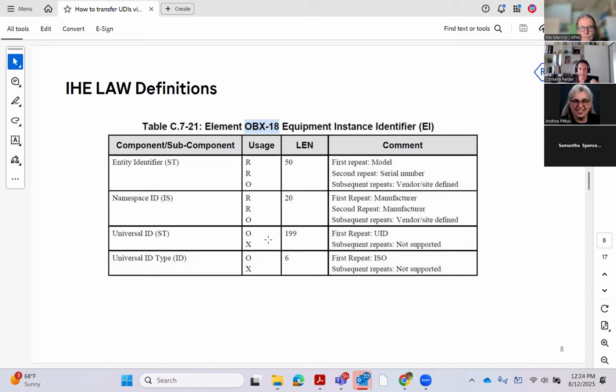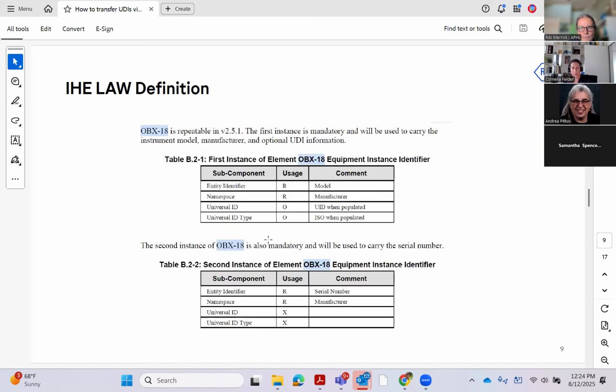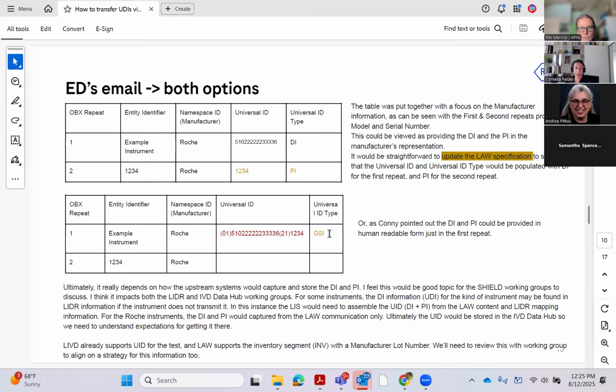Because there is not a first repeat a model, second repeat, all these kinds of things, it wouldn't match. It does not match with, okay, now take a UDI and put it into the first field. But I think this explanation comes next if you jump ahead. Yes, exactly. So here you saw it a little bit as it is in the IHELAW definition, about this repeatable and so forth. It is what it is. But we couldn't place the whole